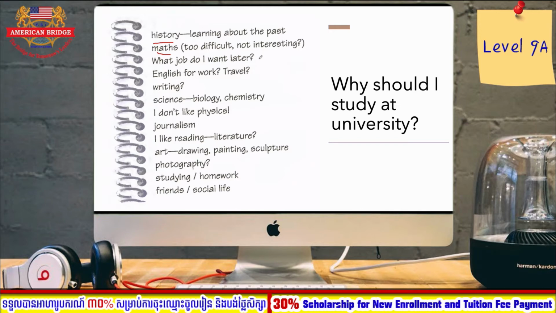So, what job do I want later? You can ask questions in your note to make your ideas flow if you can answer this question. And in this note, you can cross it out, you can delete it, but the point is you need to get more and more ideas. The more ideas, the more information you get, the better you will be able to write. So this is how you can start your writing. Just make a note, which is very simple, a bullet point.